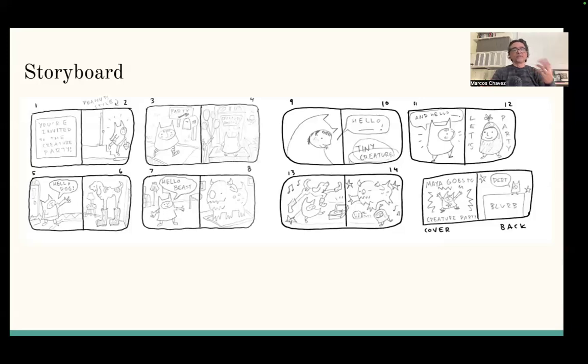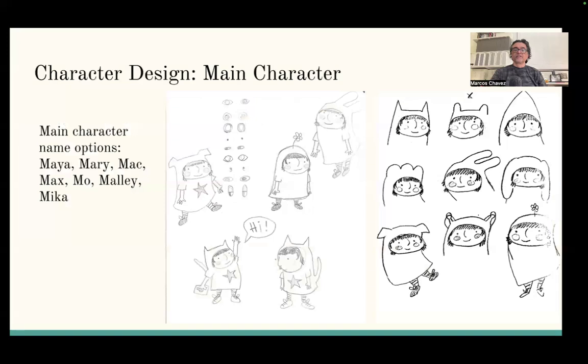So anyway, in terms of the storyboard, this is a pretty nice example of a loose but specific version. From there, I want you to begin to develop your illustration style or your typography or your color, whatever you're doing, begin to experiment with that. And here you see she begins to do some character development, going from a little bit of a rougher sketch and showcasing the main star of her